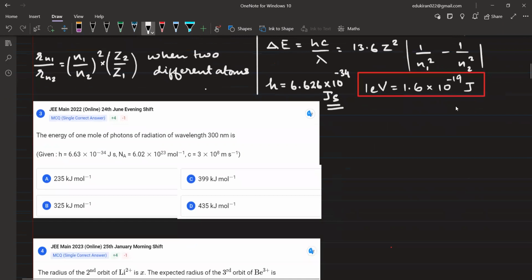The energy of 1 mole of photon of radiation of wavelength 300 nanometer is equal to how much? We will calculate. Energy is equal to hc upon lambda, right? What is h? 6.626 into 10 to the power minus 34 into what is c? What is the value of c? They have given the value of c, 3 into 10 to the power 8. Okay, they have said 6.63. Wait a second. So you will take 6.63